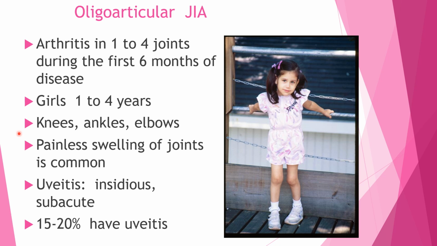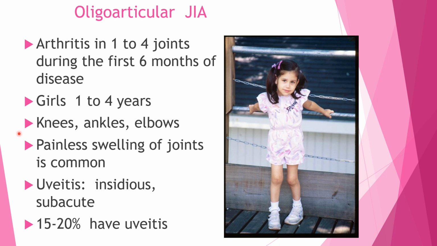It is very rare to affect children as old as 16. And it may affect newborns or infants below 1 year of age, but the commonest is girls from 1 to 4 years,